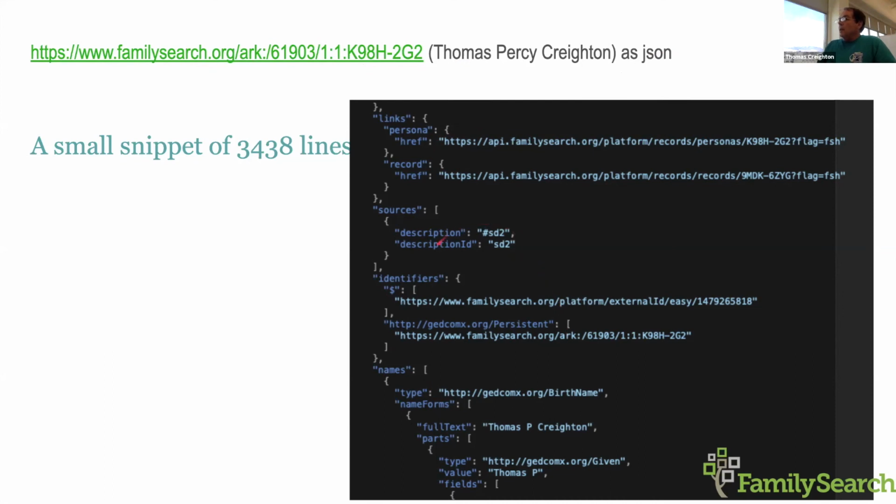So this is the actual transcription of the record, formatted in a form that we invented and have put out in our industry called GEDCOM X. It's for how you represent genealogical information. In this case, we've represented it in JSON format and it could also be represented in XML, as I said.